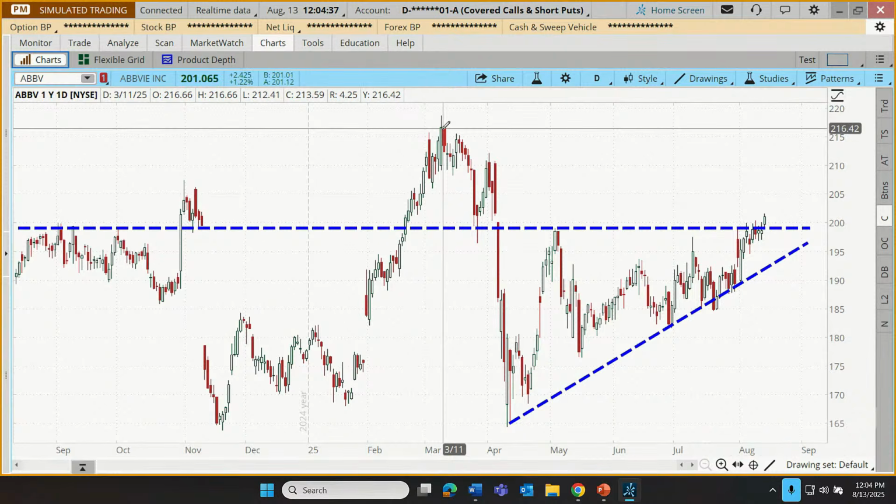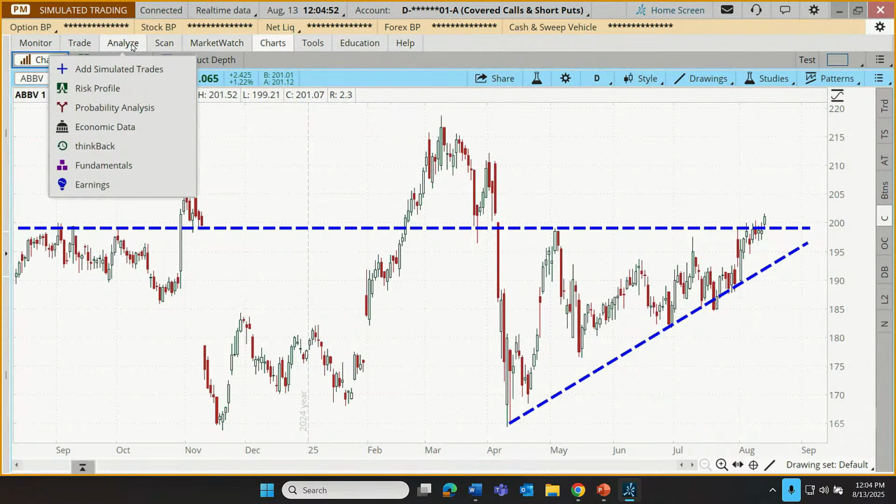So just so you know, this is a tool that is primarily geared toward options traders. So I'm going to assume a certain degree of comfort with options, but let's go ahead with this. So let's go over here to our Analyze tab. And the first thing we need to do is build that example trade.